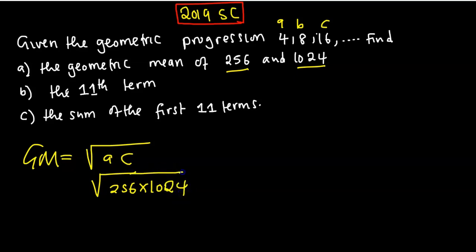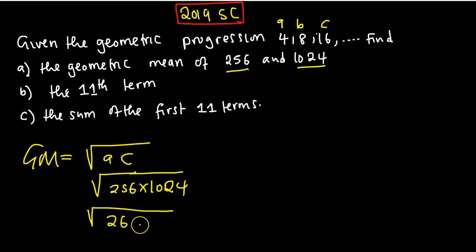1024. The square root of this. What are you going to find when you multiply this? Okay? When we multiply 256 by 1024, so for me, this is what I'm finding if we were to multiply them,